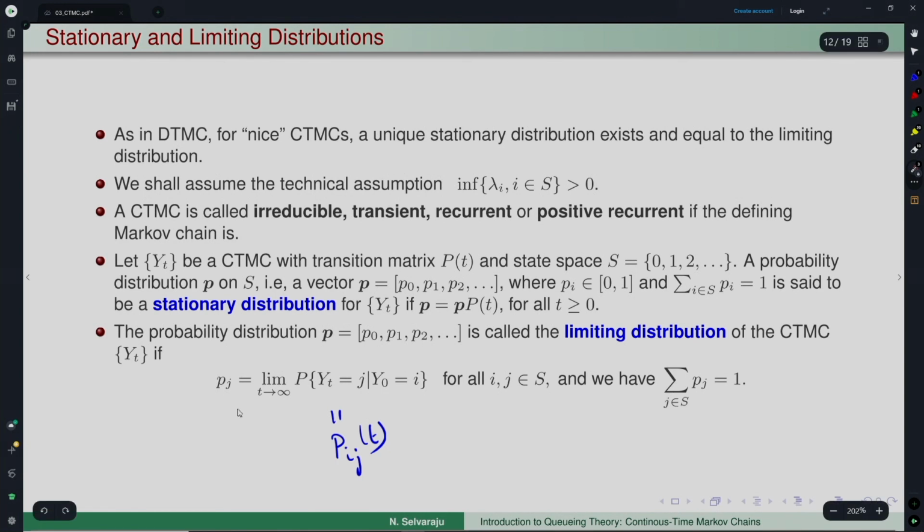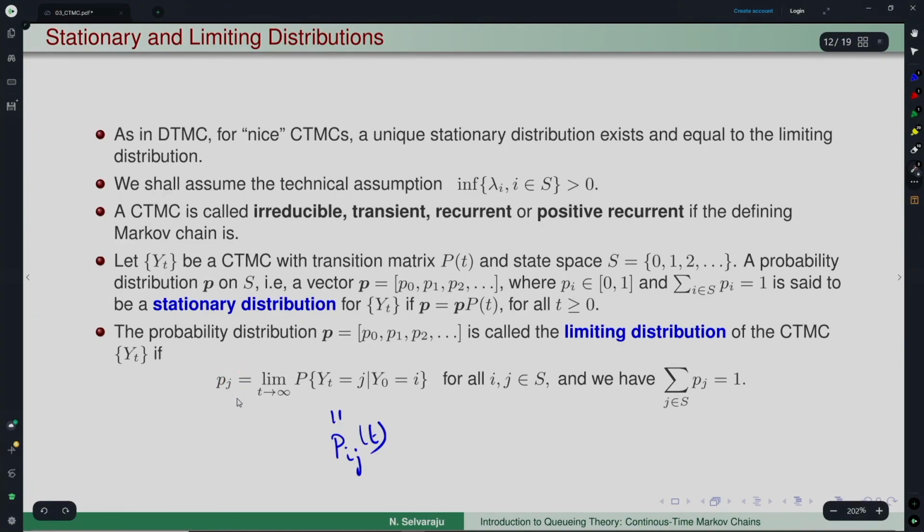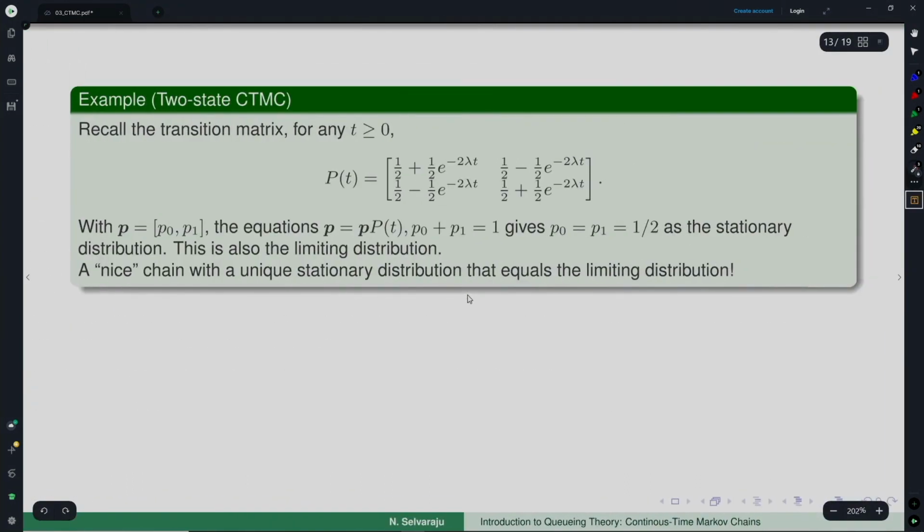So, this is what ideally one would want. We basically want to know the long term behavior, which is Pj. The interpretation for Pj, like in the Markov chain case, is the probability that you would see the system being in state j a long time from now, whereas the stationary distribution means the long time proportion of time that you would find the system to be in a particular state. The same interpretation which we had for the Markov chain.